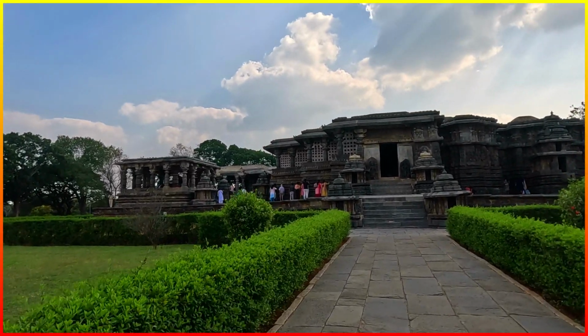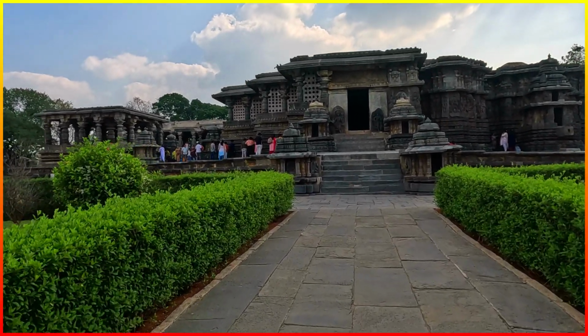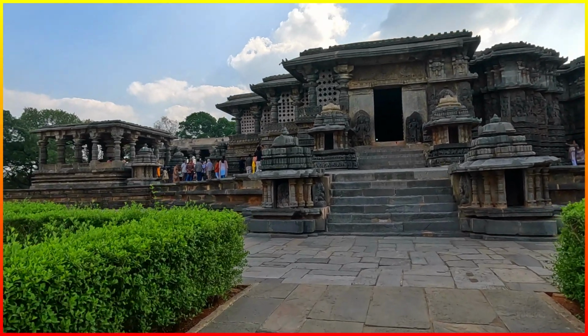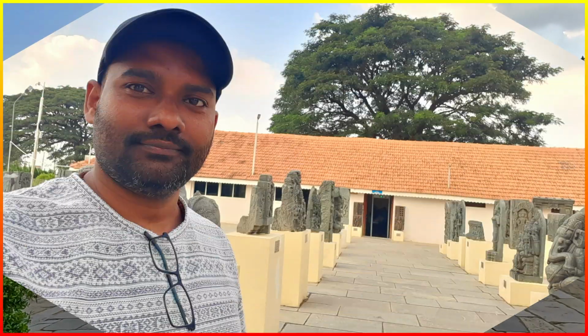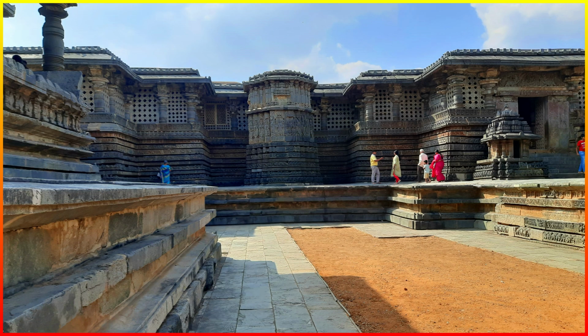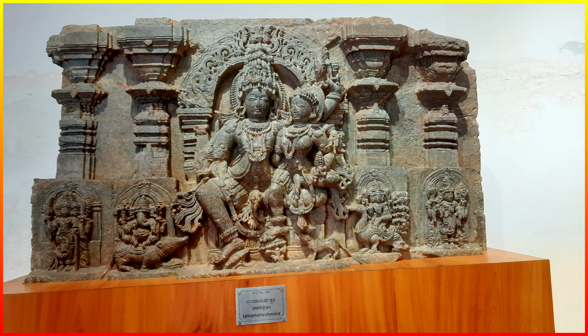Apart from this archaeological museum, in the corners you can find the Gomateshwara and bull statues as well, located near the surrounding lake. And these rock galleries merge nature and artistry, living stones that were both canvas and quarry for medieval craftsmanship. The ASI has erected minimal shelters, simple beams overhead to direct rainwater away, preserving the raw beauty of these weathered